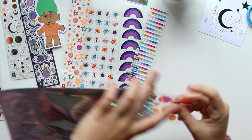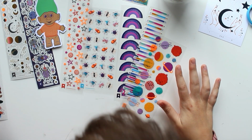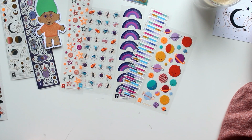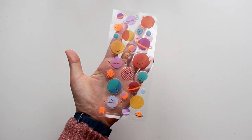Next up is this. Whoa. Oh my god, these are all Pipsticks stickers. All of them have the Pipsticks logo. That is very cool. That's the one thing I'm going to miss out on when I cancel my subscription, that I don't get all of the Pipsticks original sheets anymore. These are all